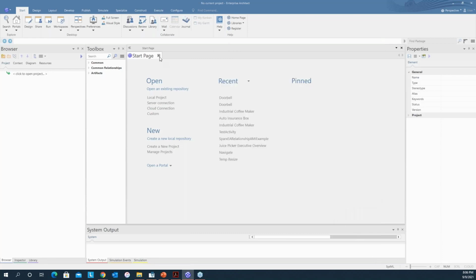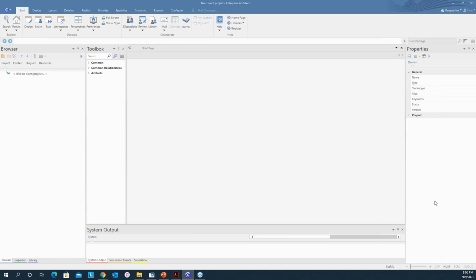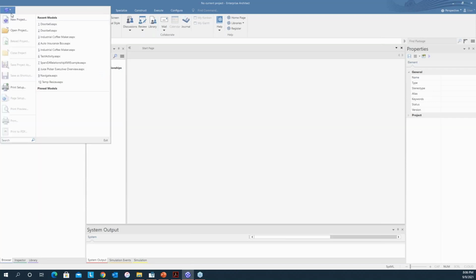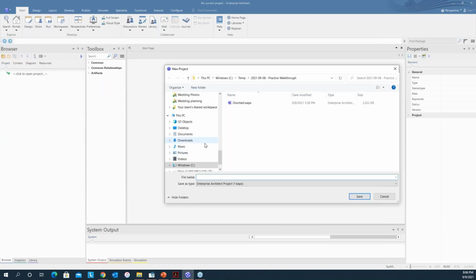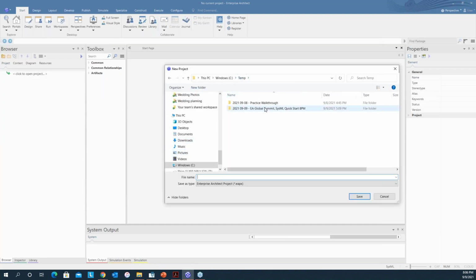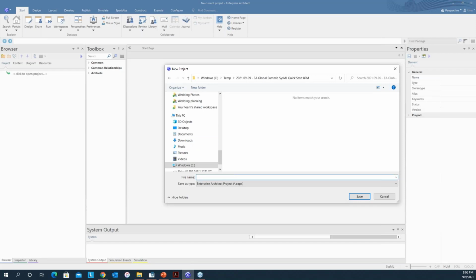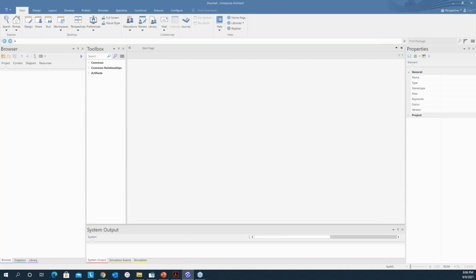We've got a start page. I usually don't use that, so I stop that here. We're going to make a little doorbell system. So with this started, the first thing we're going to do is create a doorbell system. We're going to do just like any other thing. You make a new project here, and we're just going to call it doorbell. And because the SysML perspective is set down here, this defaults to being a SysML